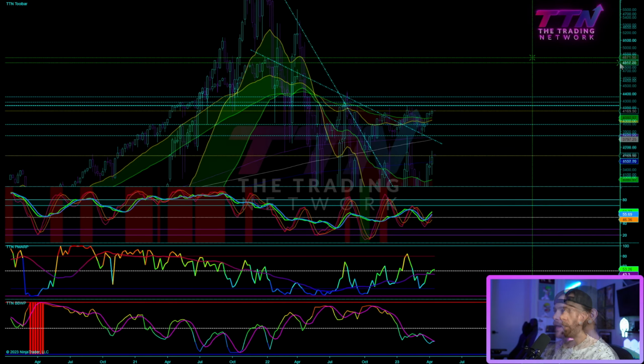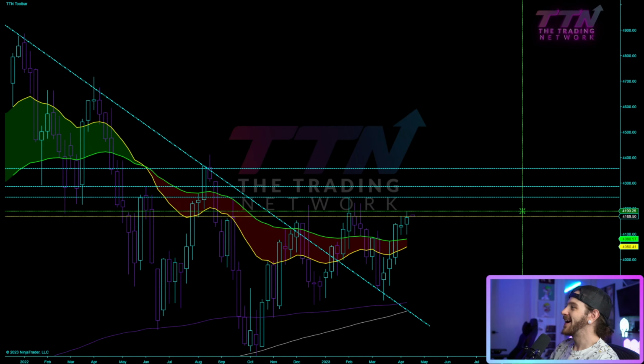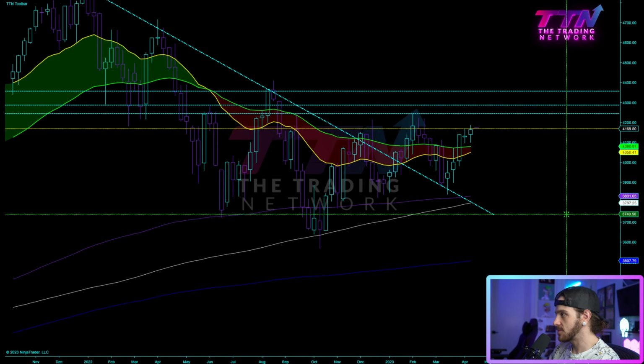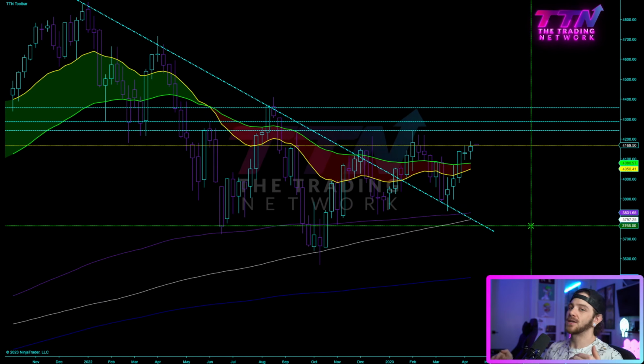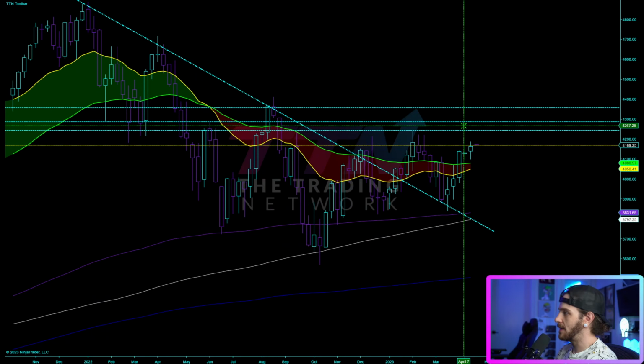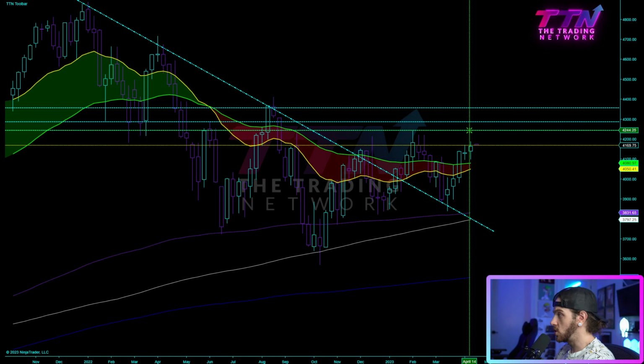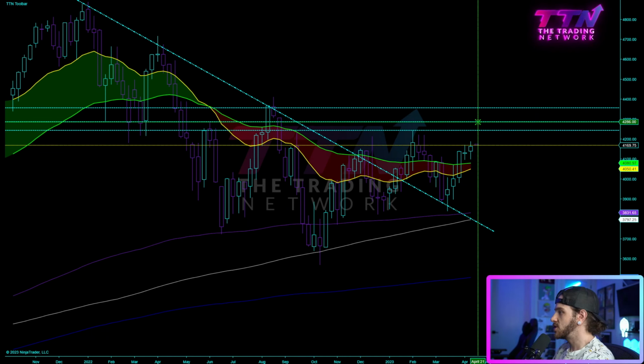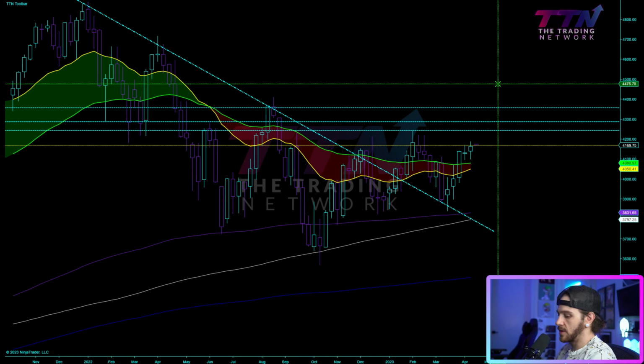Now, I know I just went on a whole spiel talking about how I don't manually draw my support and resistance levels, but I'm not trading off of these levels. I want to make that very clear. I'm just saying if we get further upside, I would be looking for moves towards 42.40, 42.90-ish, and then 43.50. But take that with a grain of salt, and you guys can obviously load more market profile data,